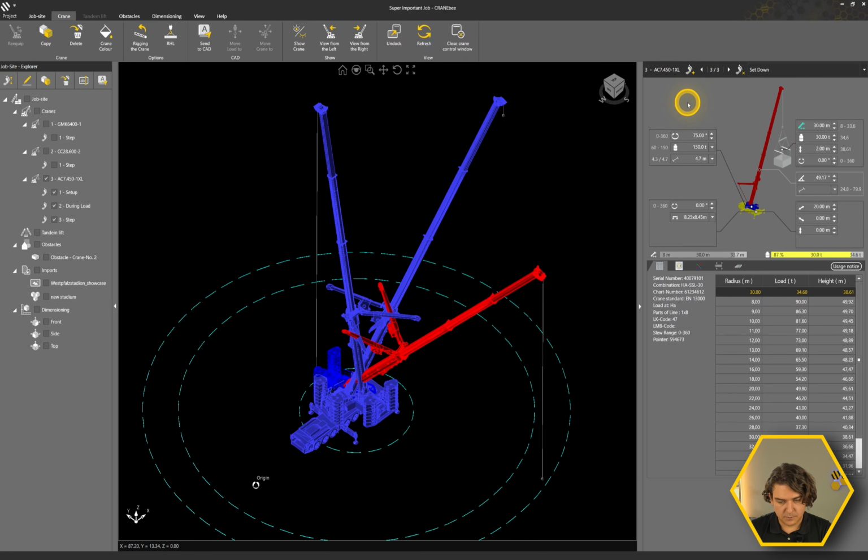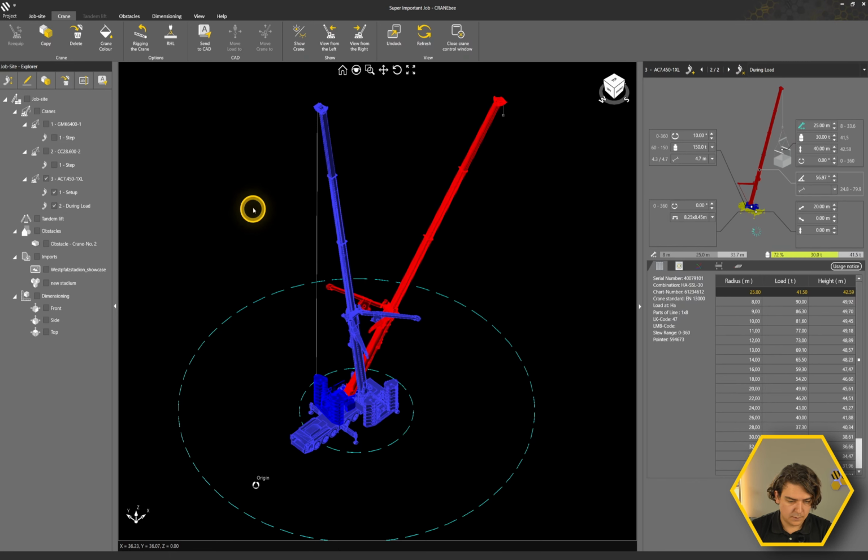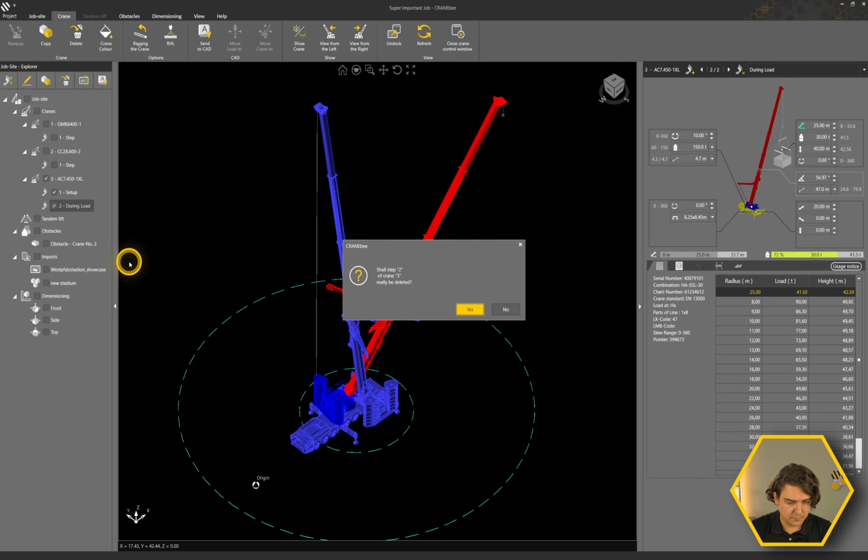That's also possible. And if we decide that a step is too much or it's not needed anymore, we can delete it by clicking on this X, delete the step. We can also right click on it and delete it from here. So let's do number 3 from the top. We're left with 2. And number 2, let's do it with the context menu: right click, delete. And also we have to confirm it.